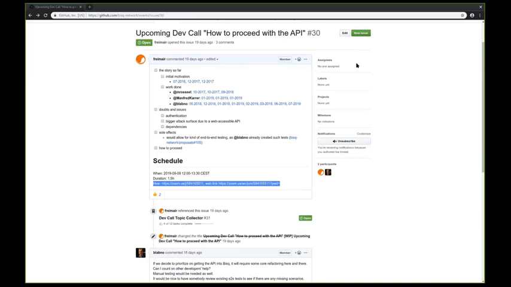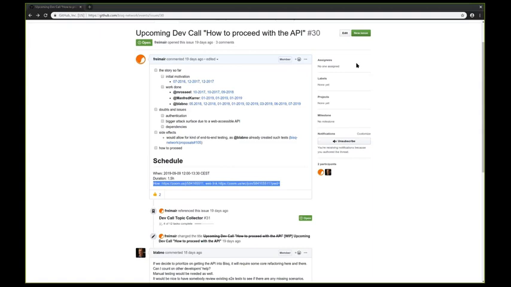Then I want to talk about some doubts and issues and why the API is still not in the Bisq project. Especially, we had some discussion about authentication, and that there might be a bigger attack surface to Bisq with a web accessible API. We had the discussion about dependencies and so on.